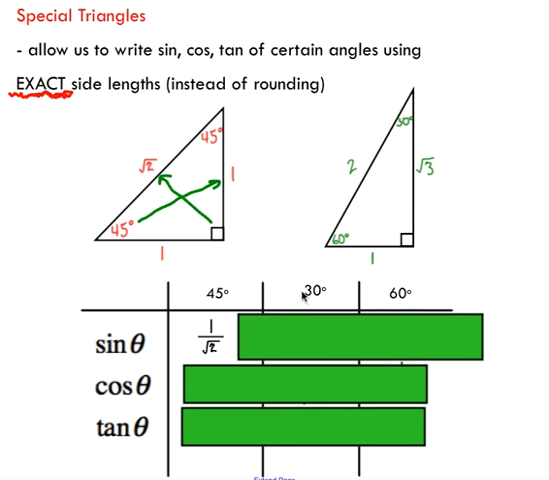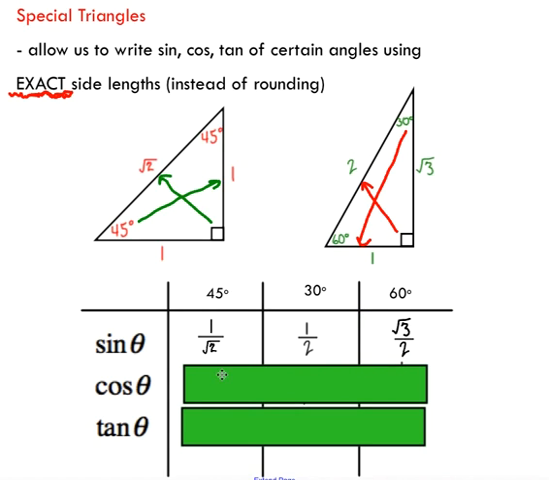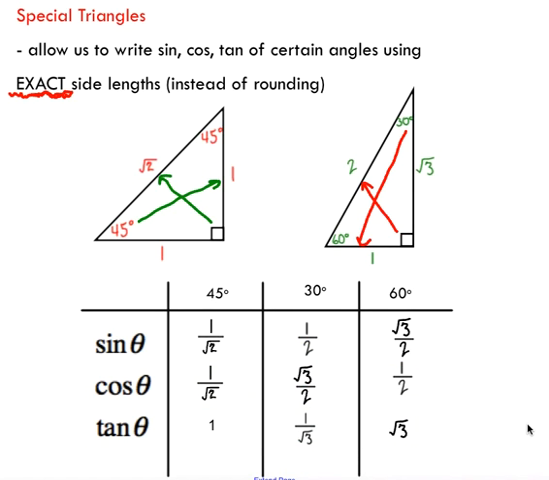Looking at the sine of 30, we've got to pop over to our other triangle, because we don't have a 30-degree angle in this triangle. But 30 degrees is one of those special angles. So if we look at the opposite over the hypotenuse, we know that we're going to end up with 1 over 2, and that's a nice exact answer. You could write that as 0.5 because that is an exact number. 1 over 2 is nice for our purposes. Same thing with 60 degrees. We're going to look at the opposite side over the hypotenuse to get root 3 over 2. And you can just fill in this table using these special triangles.